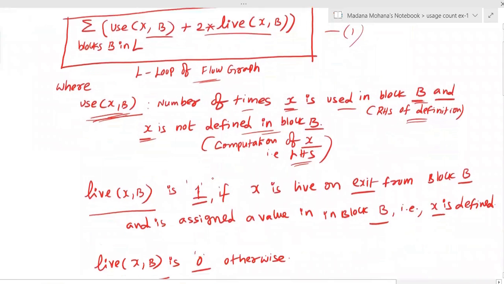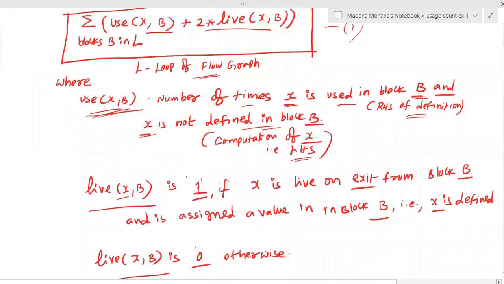Similarly, the live value. Live of (X, B) is 1 if X is live on exit from that particular block B and is assigned a value in block B, that is, X is defined. That means on the left hand side X is computed as something, X equal to something, and that X can exit from that block.